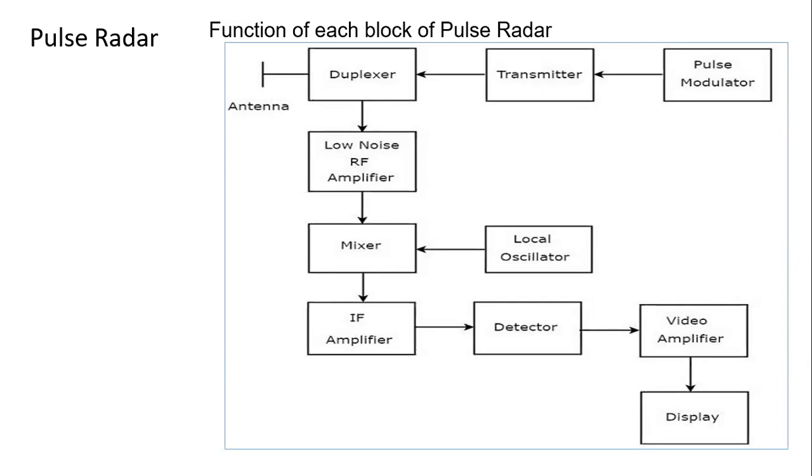Now when we talk about the antenna, the first thing is that the antenna can be used for both sending and receiving signals with the help of a duplexer, because the duplexer acts as a switch. When you want to send a signal through the antenna, the transmitter plays a role. When you are receiving a signal from the antenna, the receiver plays a role, and the other is switched off. So when the duplexer is turning the transmitter on, the receiver will be off. When it is acting as a receiver, the transmitter will be off.